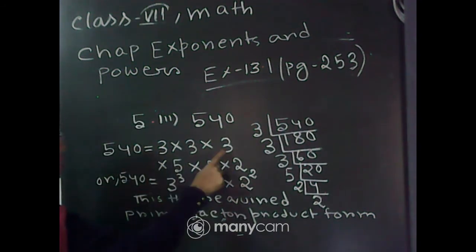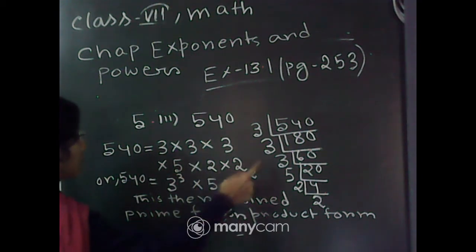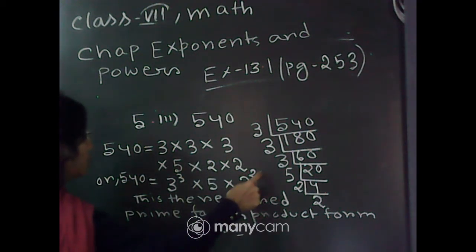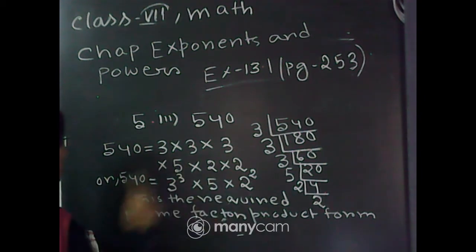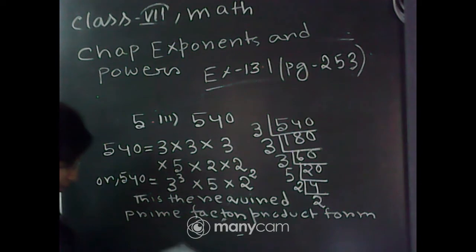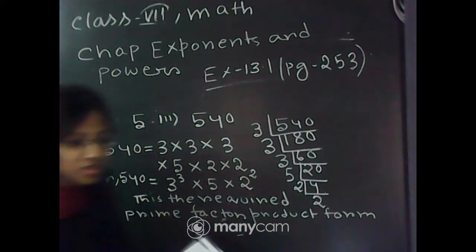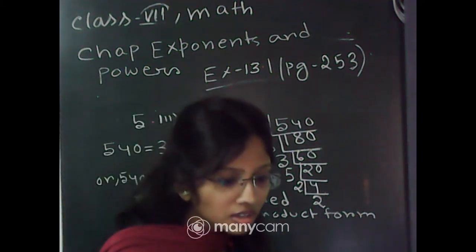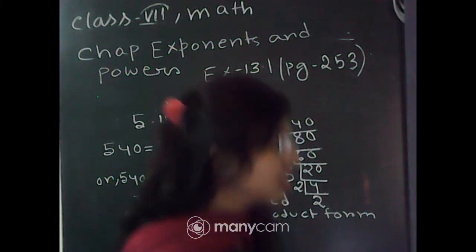Here 3 is 3 times, so the power of 3 will be 3. 5 is 1 time, so the power of 5 will be 1, and 2 is 2 times, so the power of 2 will be 2, and this is the required prime factor product form. Clear? Up to this portion, any problem? If you have any doubt, then you can ask me. Okay. Then next,